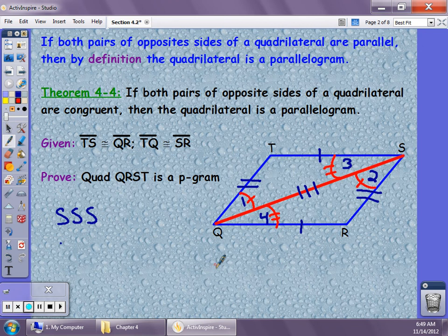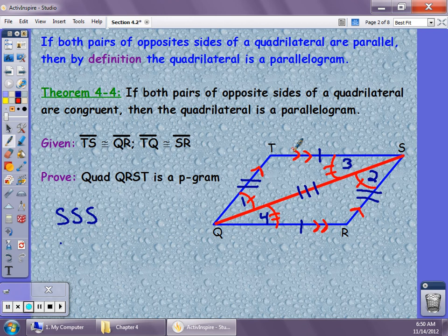And if you notice, angle 1 and angle 2 and angle 3 and angle 4 are in the position of alternate interior angles. So remember, with the converse of alternate interior angles, if you can prove that they are congruent, then you can prove that the sides indeed are parallel. Because we know that angle 1 is congruent to angle 2, we can prove that TQ is parallel to SR, and we can also prove based on angle 3 congruent to angle 4 that QR is parallel to